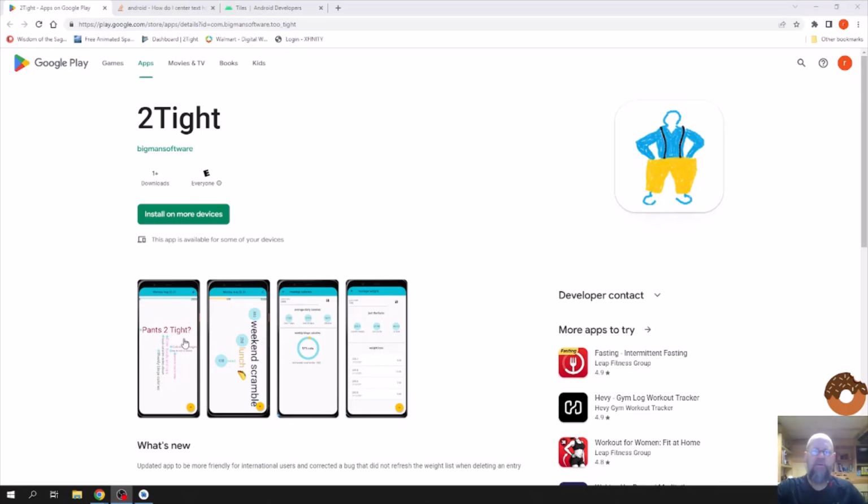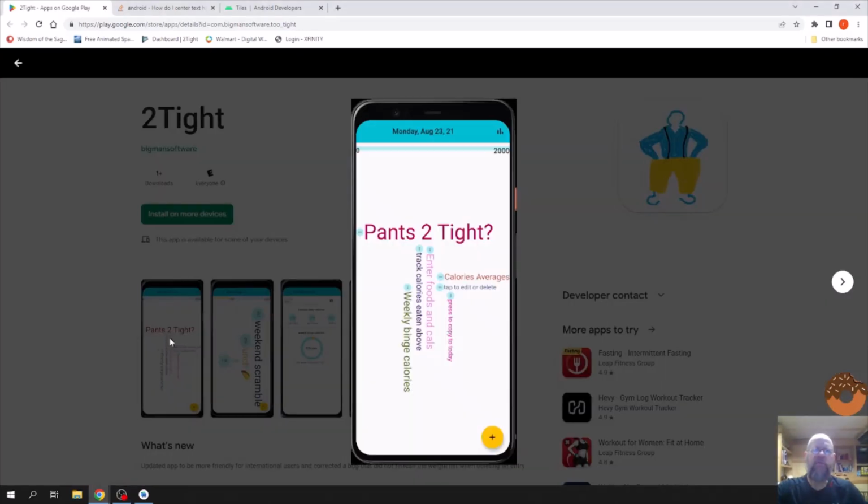I looked around, decided that Flutter was the new up and coming, and it looked fun to learn, so I did. Instead of a list view showing the foods, I basically created a word cloud, and the word cloud is interesting in that the colors and the orientation all change each time this page refreshes, and then the size of the text is based upon the amount of calories, which you really can't see too well in this screen,